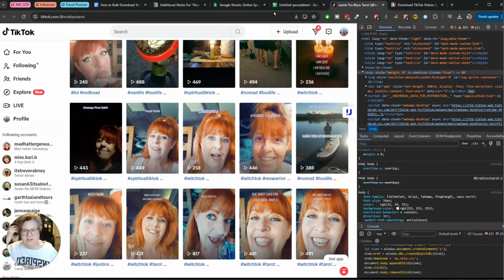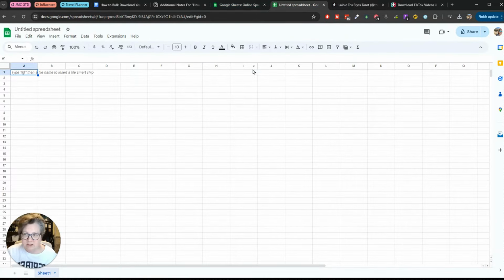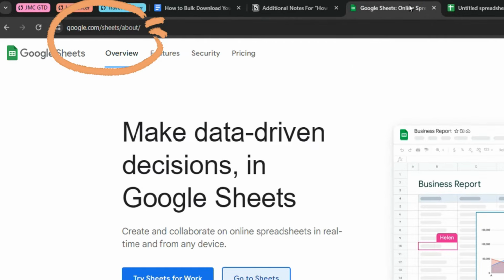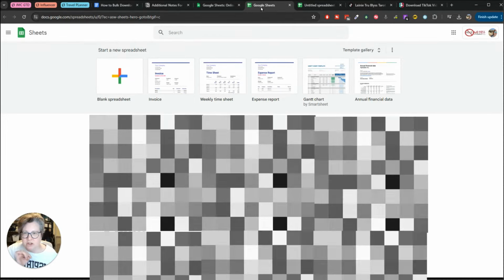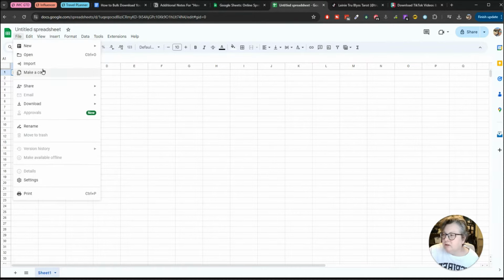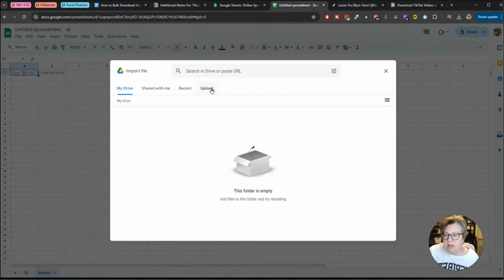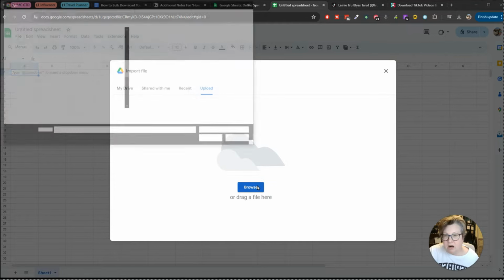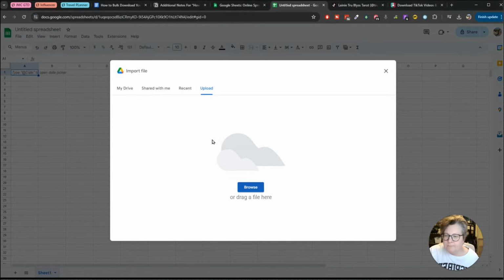The next step is to go on over to Google Spreadsheets, okay? So what you do is, this is a spreadsheet already open, but you just go to Google Spreadsheets, and then you click Go to Sheets, and you're going to choose the first option, which is Blank Spreadsheet. I've already done that right here. The next step we have to do is we just go File, and we import, because we're going to import this database, and we're going to hit Upload, and we're going to browse to our download file. We're going to choose the My Data file. I actually downloaded it twice on accident, so we're just going to choose the My Data file. We're going to hit open, and you'll see it's